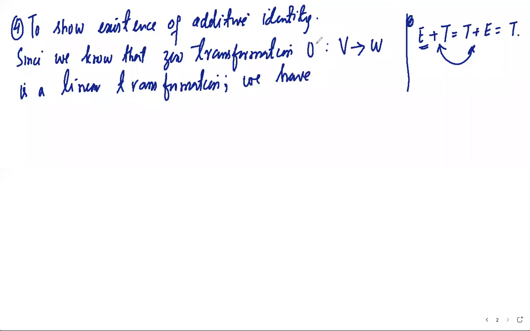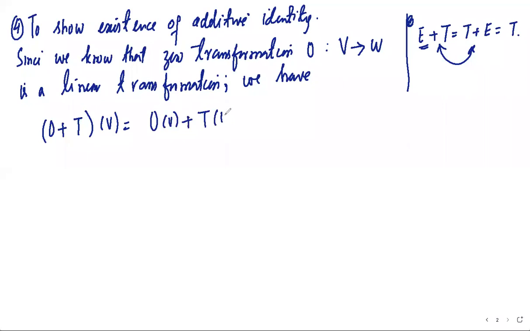तो पहले हमें एक लीनियर ट्रांसफॉर्मेशन देखनी होगी. Now we will show that it satisfies this condition. और इसके लिए हमारे पास क्या है, 0 plus T of v. Now since 0 is a linear transformation and T is a linear transformation, and we know that the sum of linear transformations is also a linear transformation, so we can write this equal to 0 of v